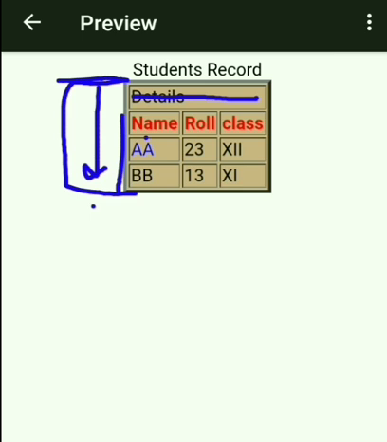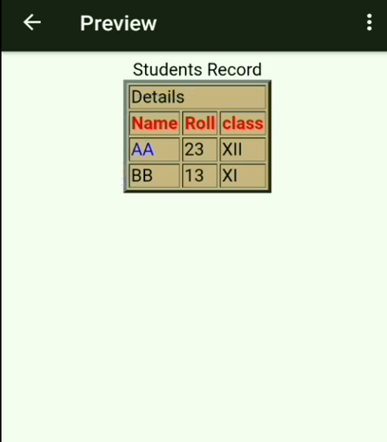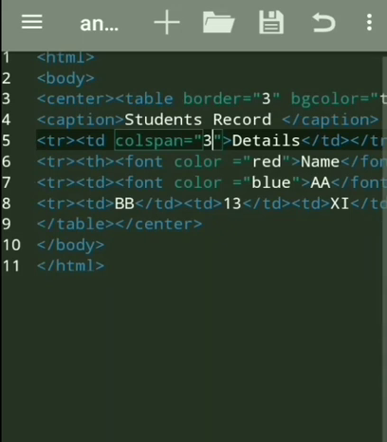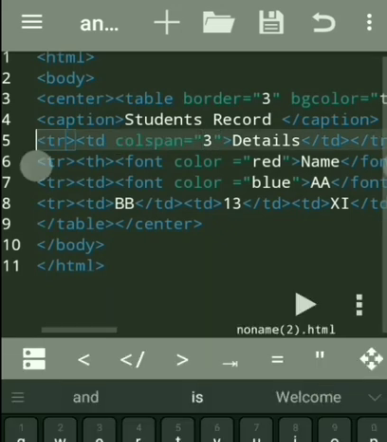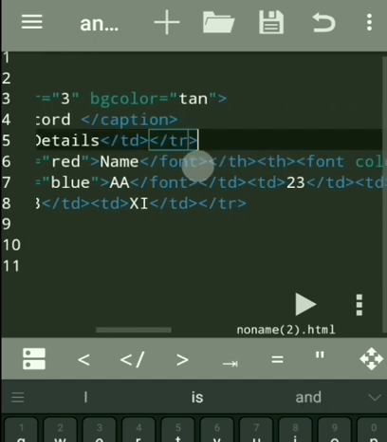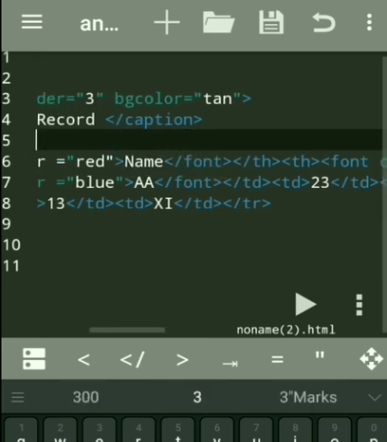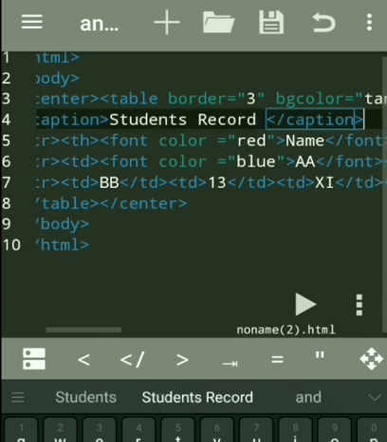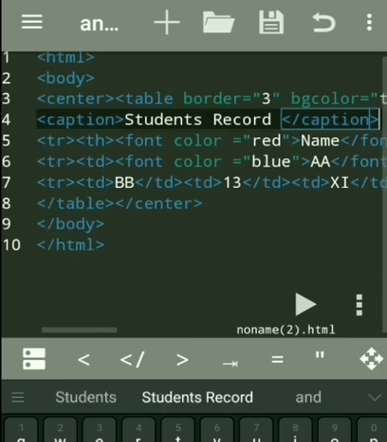So here we don't have to write another column, another rows. Here we don't have to write another rows.